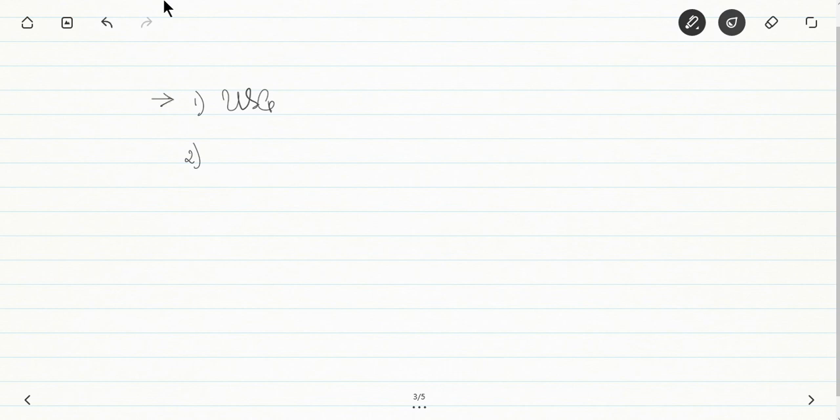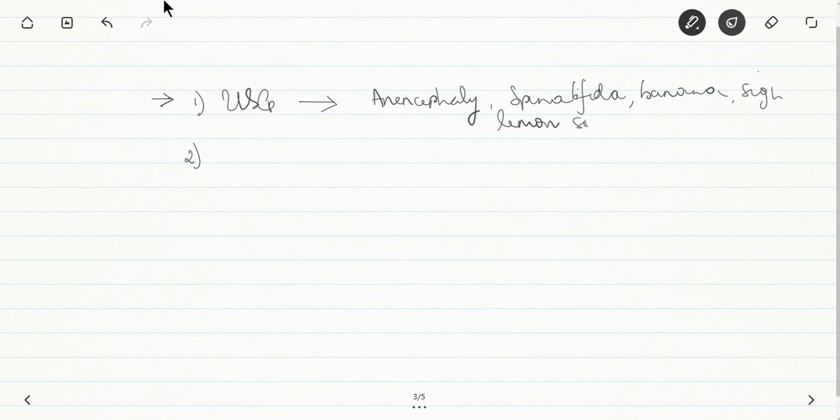One is, since it's a structural abnormality, USG is going to help. With USG, either you see the defect, like anencephaly, which may be seen in the first trimester, or spina bifida, or there are certain markers, signs like the banana sign of the head. There's the lemon sign. You will have to go and read these signs. These are important. So these will tell you that either there's a suspicion of neural tube defect or it is confirmed. The other thing is, if it's an open neural tube defect, it causes leakage of fetal substances, fetal